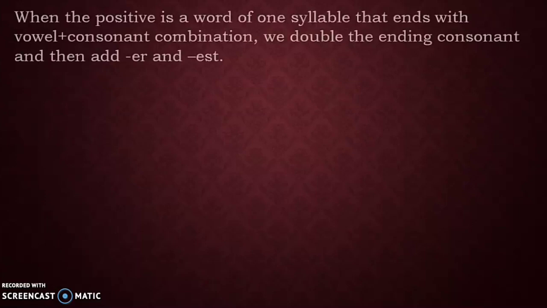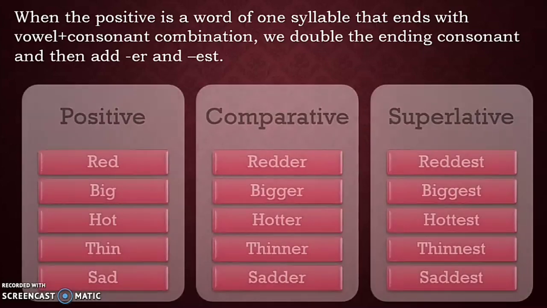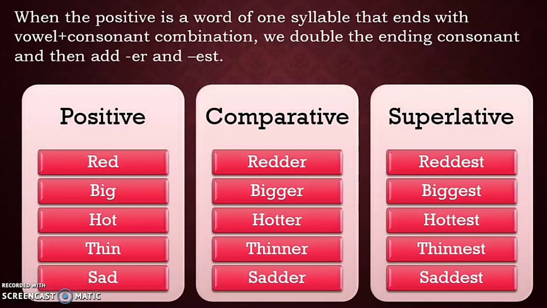Moving forward, when a positive degree word has one syllable that ends with a consonant and the letter before it is a vowel, when we have such a combination, ER and EST are added after doubling the consonant. Okay, let me give you an example. It will be more clear then. Red, redder, reddest. So here the last letter of red is D, which is a consonant,